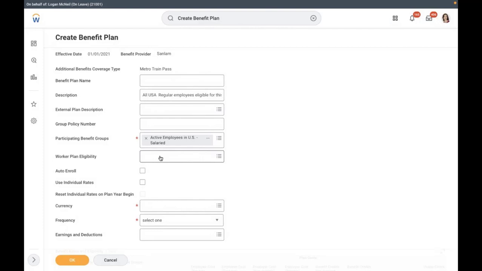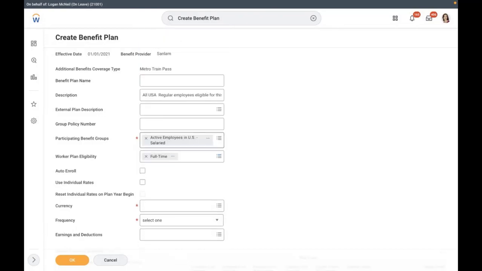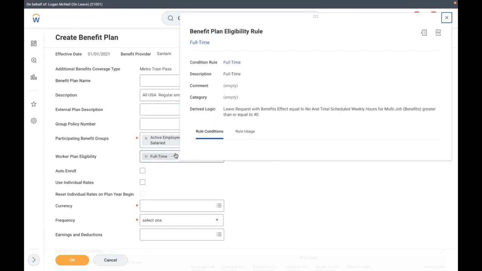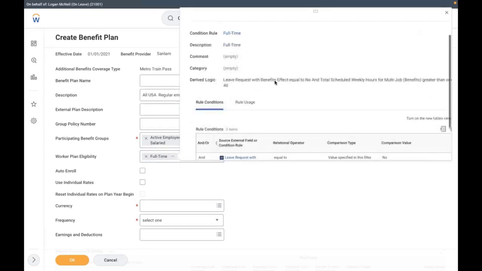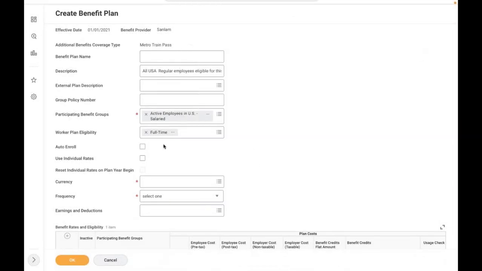full-time employees, part-time employees. Both are part of salary. But now I want to give this plan only to full-time employees. I can create an additional rule here and I can assign it. I will show how to create the rules. Additional criteria: employee type, sorry, time type would be,